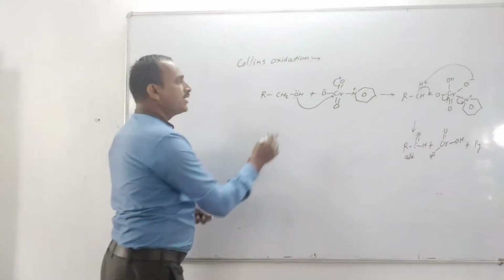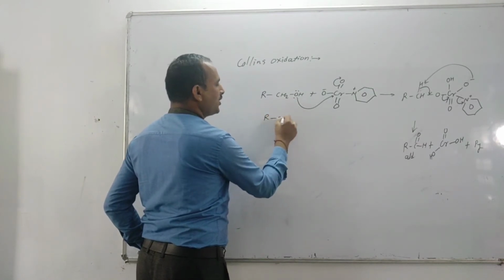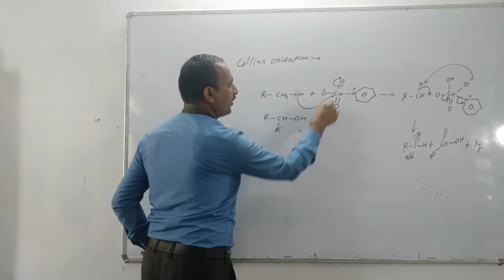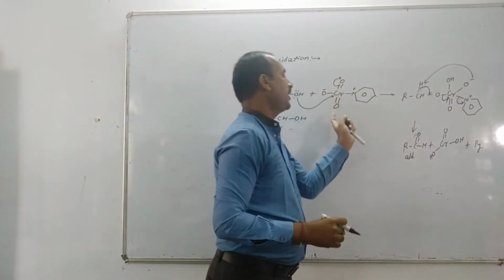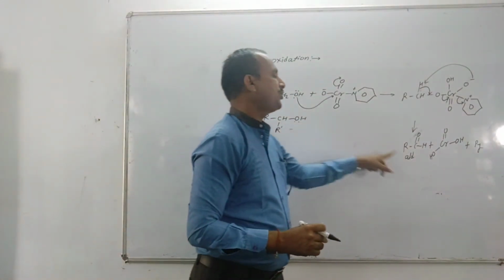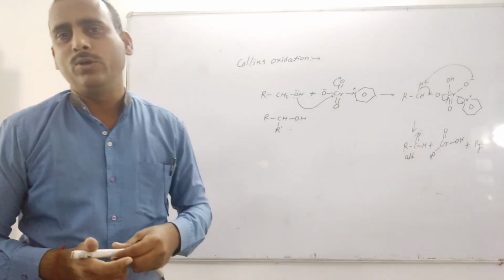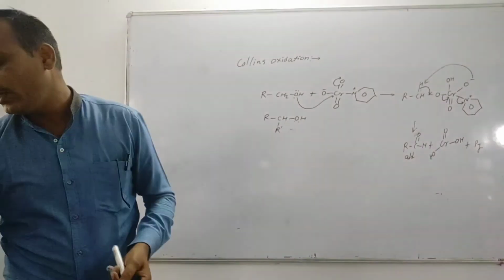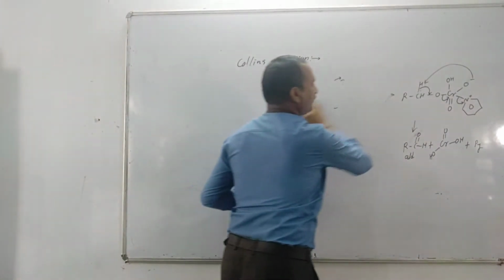Okay. Similarly for ketone, instead of RCH2 we can write R dash and OH. Similarly, the lone pair attacks chromium. Then there is formation of O minus which abstracts the proton from this secondary alcohol, and there is formation of ketone molecules by the oxidation of secondary alcohol. Okay, this is the Collins oxidation. Let's see more examples of the Collins oxidation reaction.